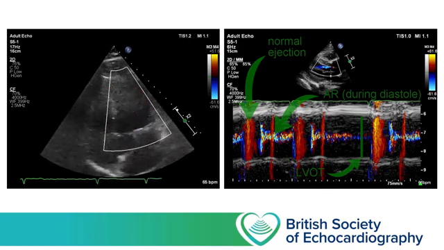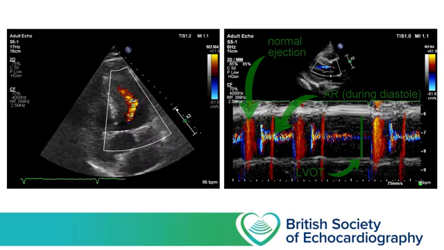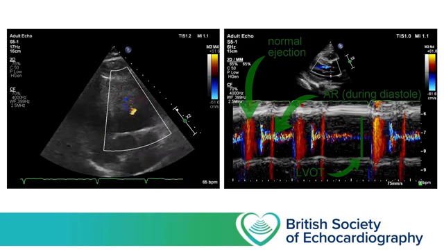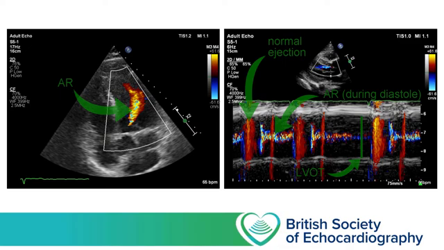In comprehensive echo, where it's necessary to grade the severity of AR formally, the proportion of the outflow tract diameter that fills with the AR jet is one of our markers of severity, with jets less than 25% the outflow tract diameter suggestive of only mild AR, and jets in excess of 65% of the outflow tract diameter suggestive of a severe lesion. Whilst you're not expected to measure the outflow tract or the AR jet, you can quickly eyeball their relative sizes, and here I would estimate that the jet occupies somewhere between 1/5 and 1/4 of the